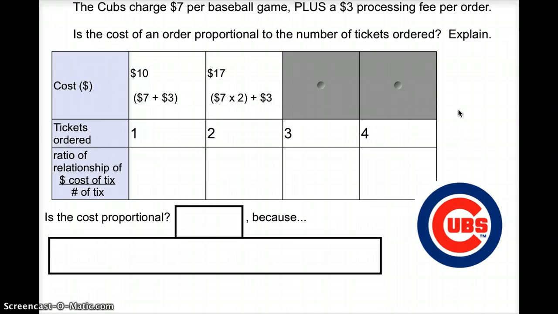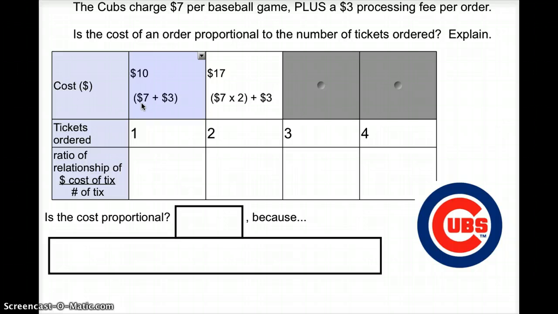This one shows a chart if we were going to a baseball game. The Cubs charge $7 per baseball game plus a $3 processing fee per order. I know this is not realistic. We're using small numbers to show an example. Is the cost of the order proportional to the number of tickets ordered? And explain why. So if we look over here, we know that one ticket is $7 plus $3 for a